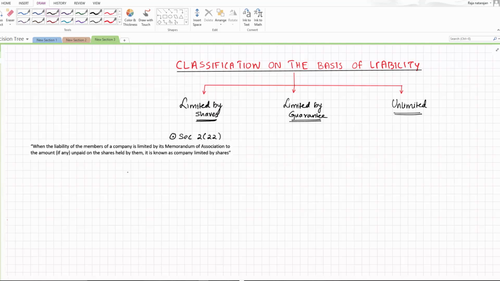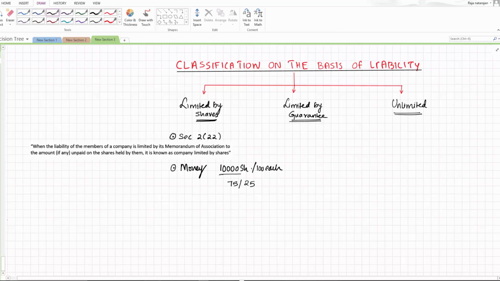Now, how to understand this? If a company wants to run its operations, it needs one very important item, that is money. It can raise money by issuing shares. To understand this better, let's take an example. Let's say the company is going to issue 10,000 shares of rupees 100 each, but it is going to call only 75 per share. It means 25 is payable by the shareholders, who have already paid that 75, whenever the company calls them.